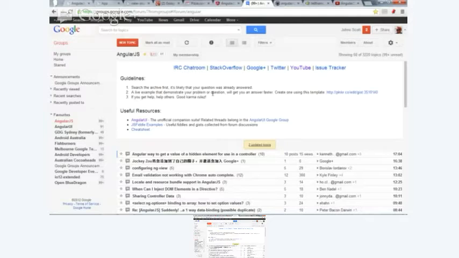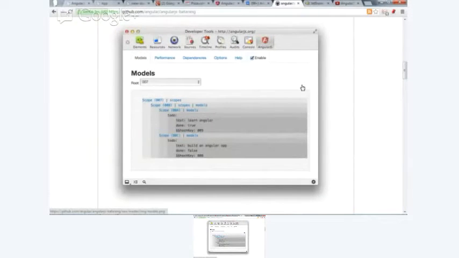But it's a great resource to search and find examples. Good bunch of people as well. People are posting problems, creating JS fiddles as examples, and people are just coming in and fixing their code for them, which is great. So really healthy community.